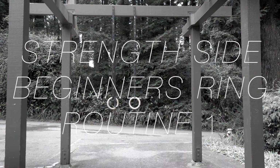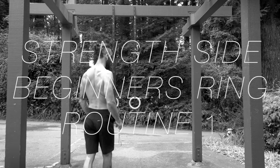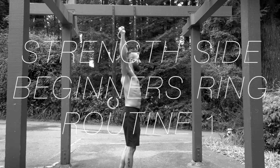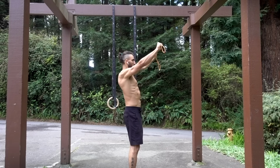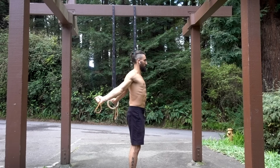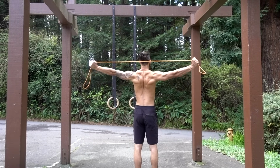This is the first edition of the beginner's ring routine. These are some basic foundational movements on the rings, but be assured that does not mean easy. As you'll see in the video, I give regressed versions of each exercise. If you have any hesitation, start with the regressed version and then work your way toward